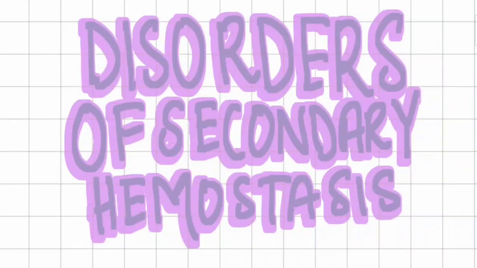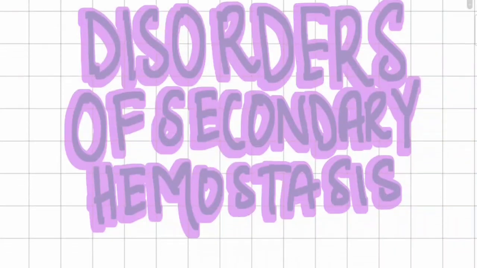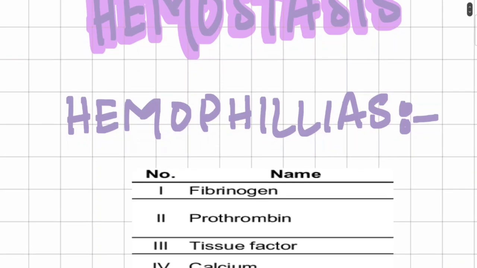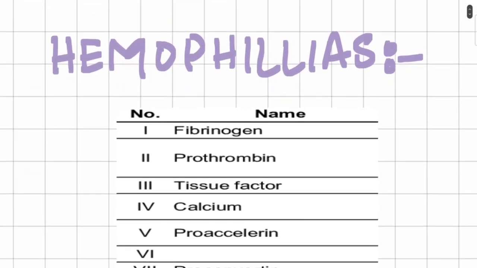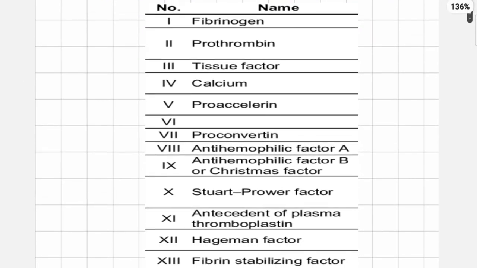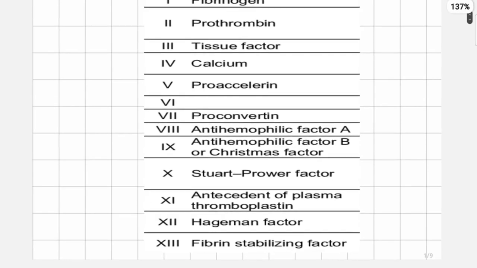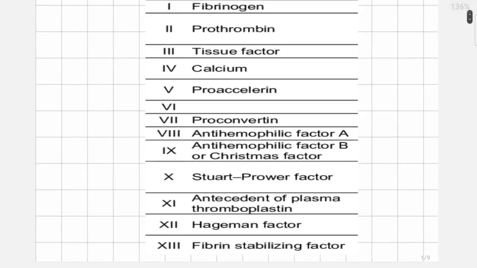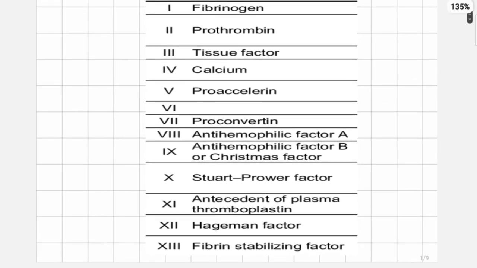We're going to talk about the disorders of secondary hemostasis, and in this first part we're going to talk about hemophilia. For hemophilias, first these are the factors, all the factors. We have factor 1, that is fibrinogen, 2 is prothrombin, 3 is tissue factor, 4 is calcium, 5 is proaccelerin,